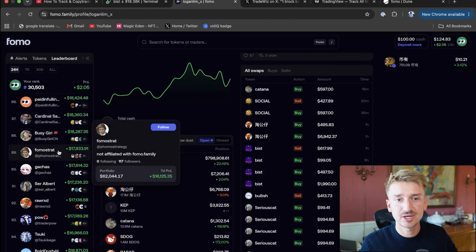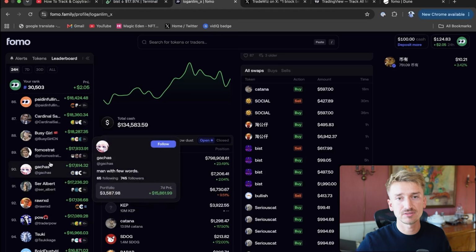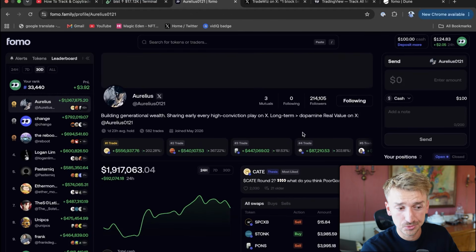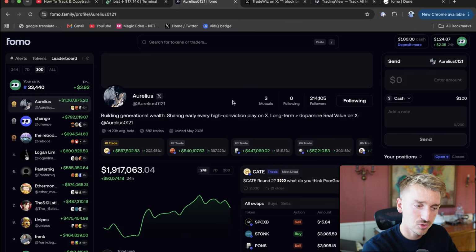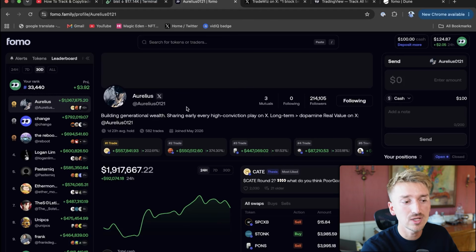But when it comes to copy trading, the most important thing is mainly just that you actually spend enough time researching different wallets so that you find the best ones to follow and copy. Because if you have a bunch of rubbish, bad traders that you're following and copying, then obviously you won't make any gains either. And if you're only following these top guys who have like 200,000 followers, you can bet that there are hundreds, if not thousands of other people also copying all of their trades, which will make it very hard for you to make any gains with this strategy.